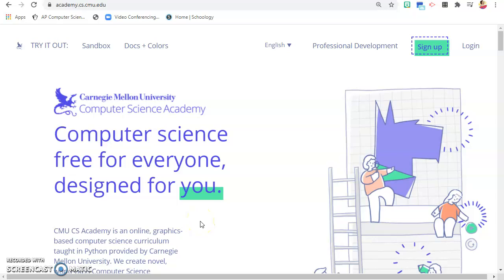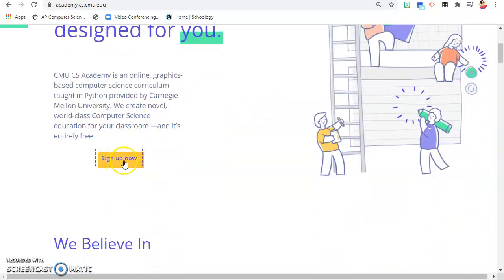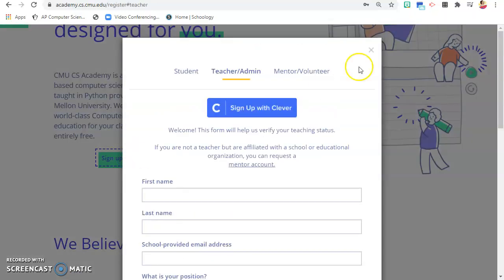I want to show you how to sign up for our CMU CS Academy class for CS Discovery. So the first thing you're going to do is open up your browser. Then you're going to type in academy.cs.cmu.edu. You will then come to a page like this and scroll down, click the Sign Up Now button, and